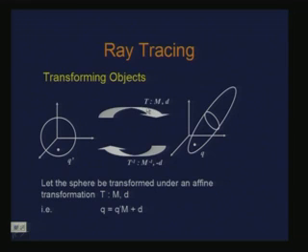right. Now, the fact that I have this transformation known to me, I also know the inverse of this transformation, which is T inverse, which is nothing but M inverse and minus T. So, from here I can go back here. So, what we are saying is that if I have a point here as q prime for the sphere, then I know the corresponding point q through this transformation T as q is equal to q prime M plus T,